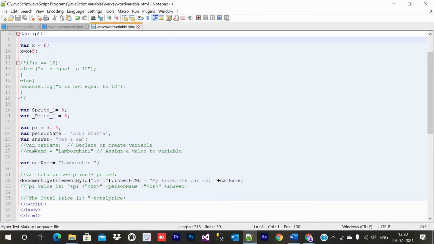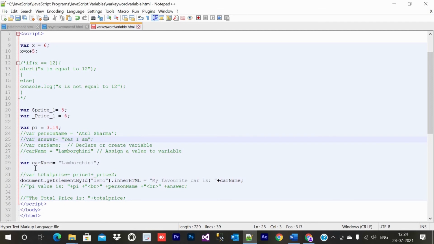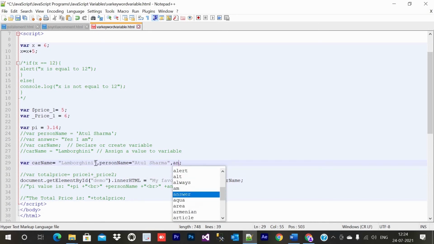So here if I comment that code, okay, so what I will do here guys, I will just write here var carName equal Lamborghini, comma personName equal to Atul Sharma, and here I put comma, and if I write here answer equal to, you can put it in single quotes also, yes I am.